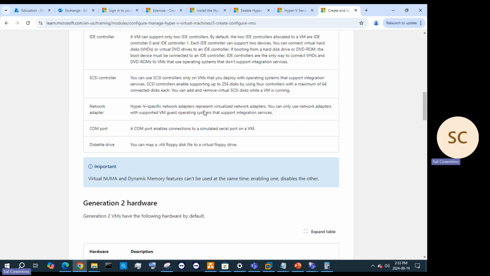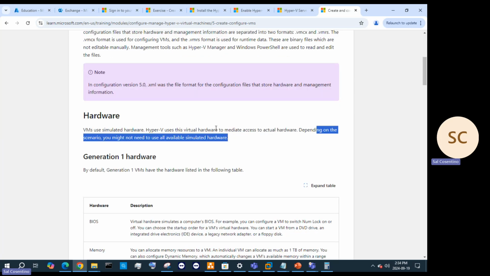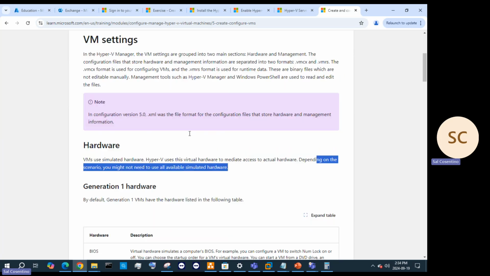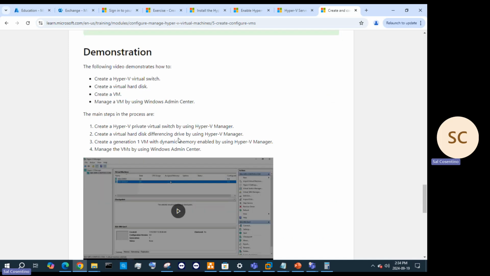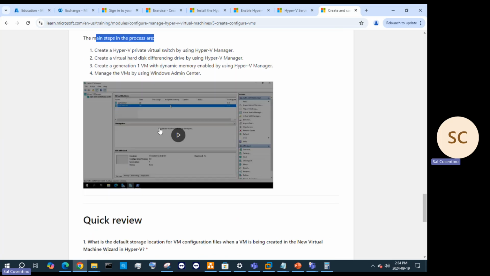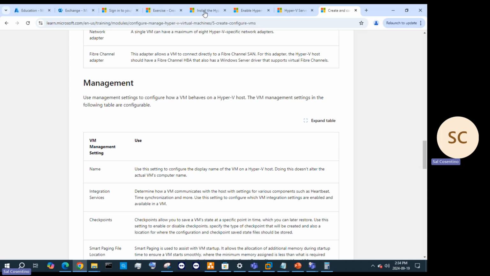documentation. Okay, I'll post this in our YouTube video at the end of the session. And I'll have a link posted to that so you can look into that and read as I am going along and follow along. So there are some main steps and processes when you're creating a Hyper-V. These are the steps, so you can take a look at that. Our next